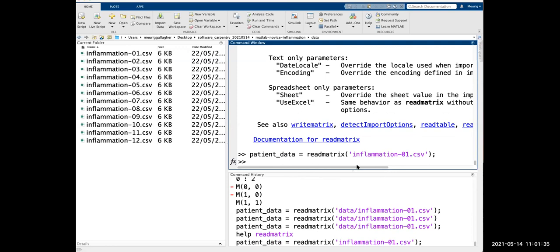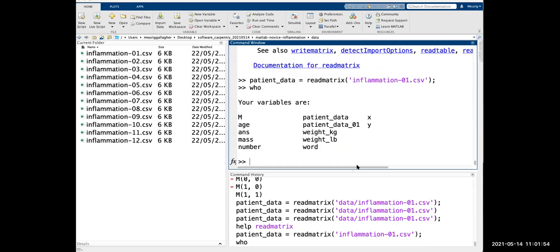It says use the help browse search field to search the documentation, or type help for help command options such as help for methods. If you type who, does it say read matrix in there?